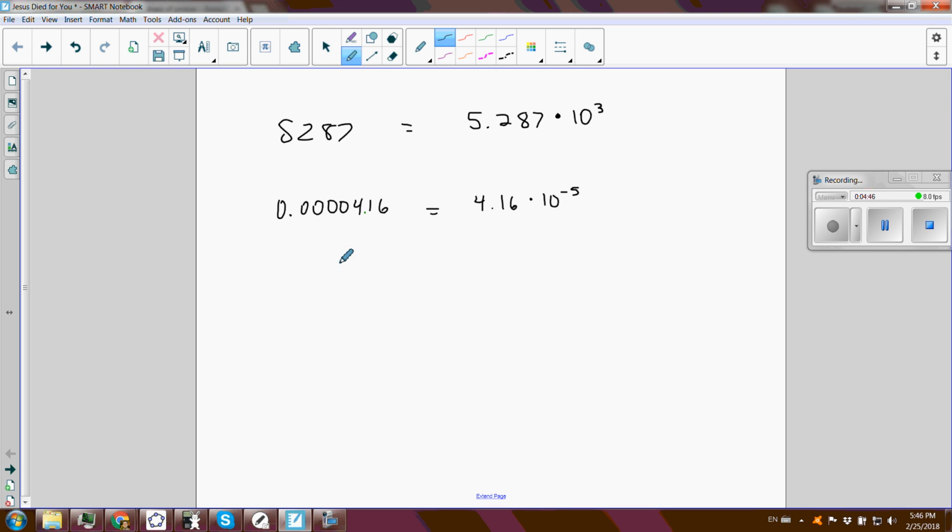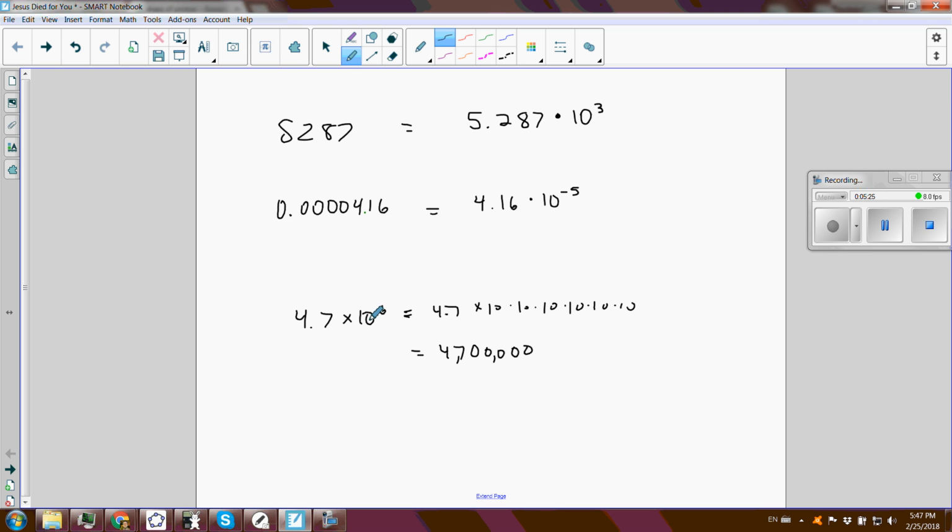And to convert from scientific notation to standard notation is actually easier. I probably should have done that first. 4.7 times 10 to the 6th. Well, that says multiply the 4.7 times 10 times 10 times 10 times 10 times 10 times 10. And every time you multiply it by 10, you're either moving the decimal one place to the right or adding a 0. So 47, that's 1, 2, 3, 4, 5, 6,